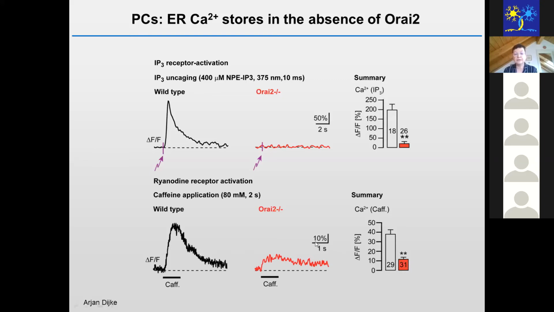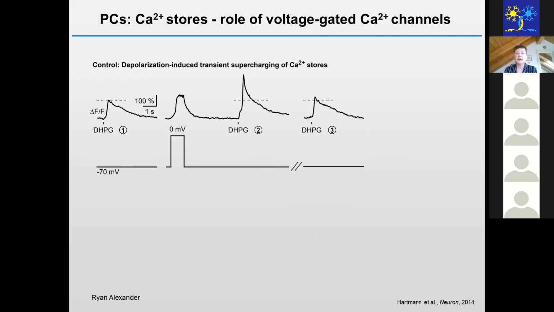Again, and this should be noted, the caffeine responses, the ryanodine receptor dependent calcium release, are not completely abolished, unlike the IP3 receptor dependent responses. It is known for central mammalian neurons that empty calcium stores can be rapidly replenished by calcium influx through voltage-gated calcium channels. And we investigated the role of voltage-gated calcium channels for the regulation of ER calcium stores in Purkinje